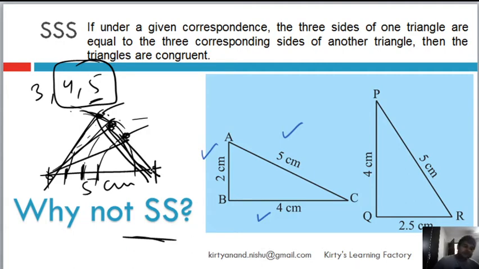And in that case we would have got different triangles, which is why two sides are not sufficient, because then you can draw infinite number of triangles. As you can see, the points will continue to decrease in size because the length is different, the angle will change. And if the angle is changing, then triangles cannot be the same. So that's why SS is not a criteria of congruency.